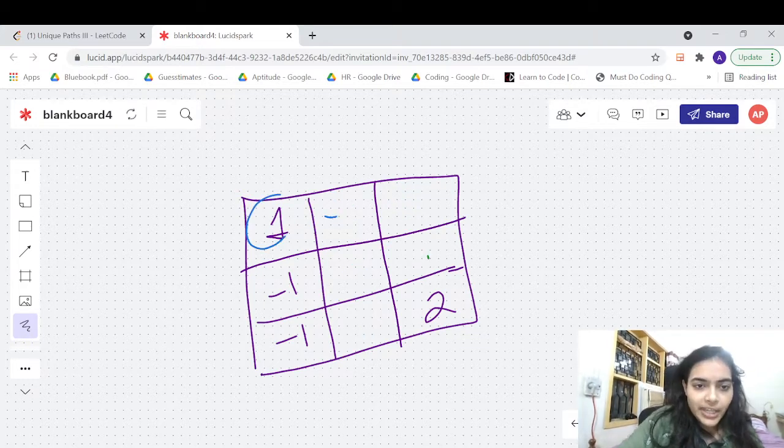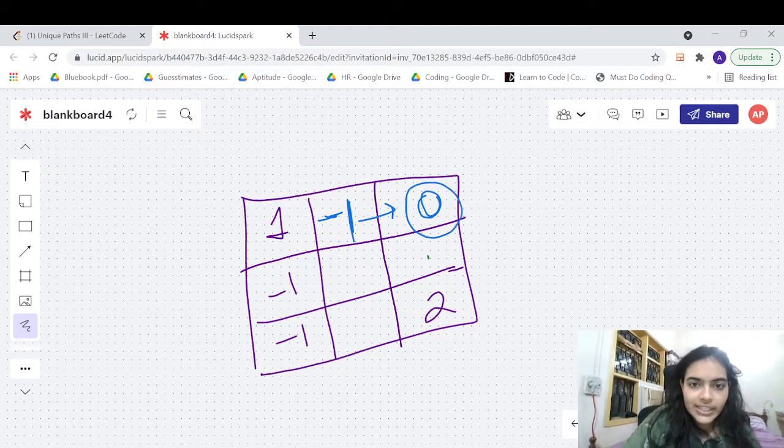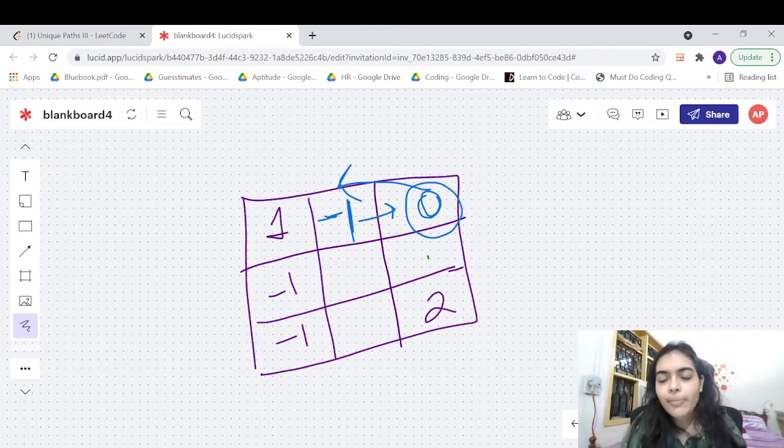Let's say you are starting from here and you are visiting this path. Whenever you are visiting this path, you mark it as -1, so that next time no cell will visit it, because whenever your cell is -1, nobody will visit it, right? So mark it as -1 and then make a call here. So this cell is now 0. This cell will see that the previous cell is -1. It will not make a call to the cell which is already visited.